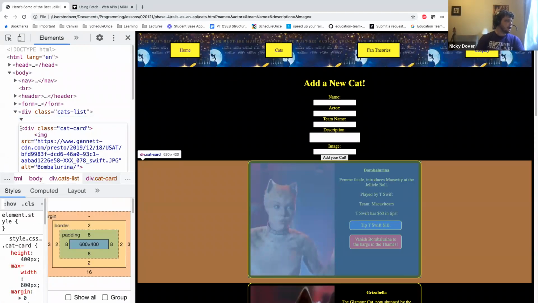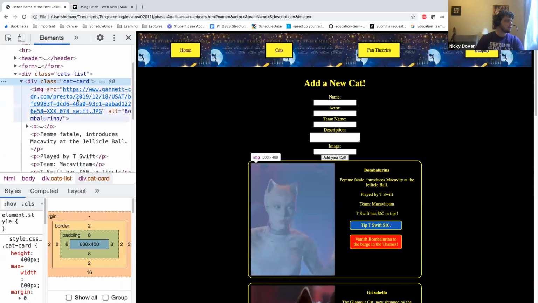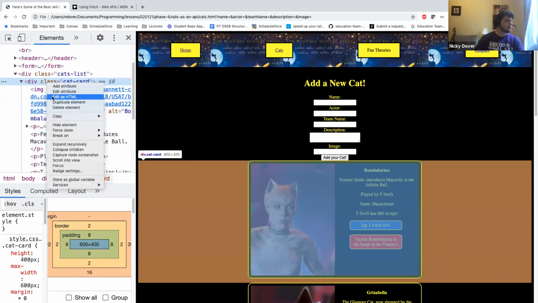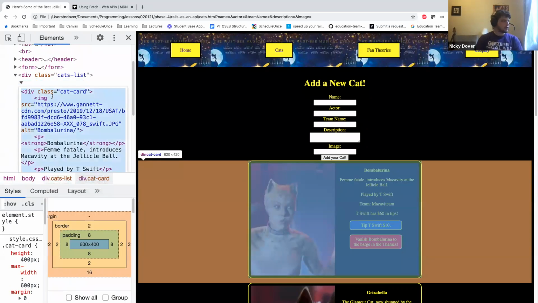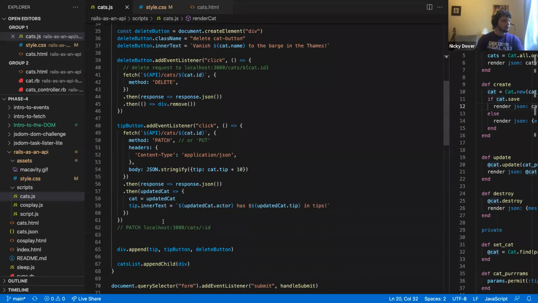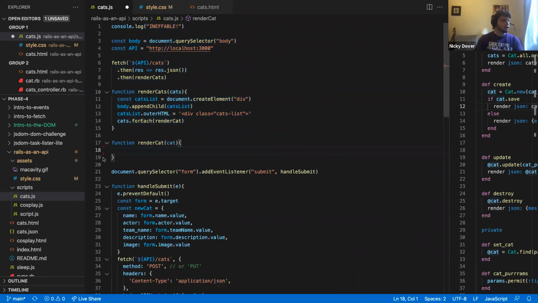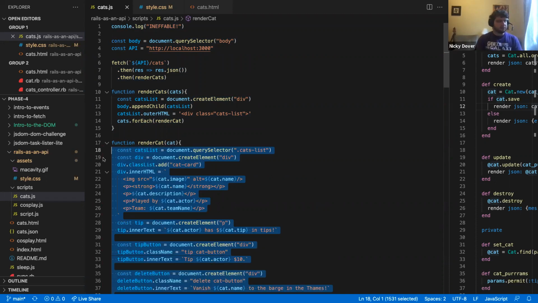I'm going to copy all of this code. And then what I'm going to do next is delete everything in this render cat function. Boom. Oh, wait, first, better thing to do,